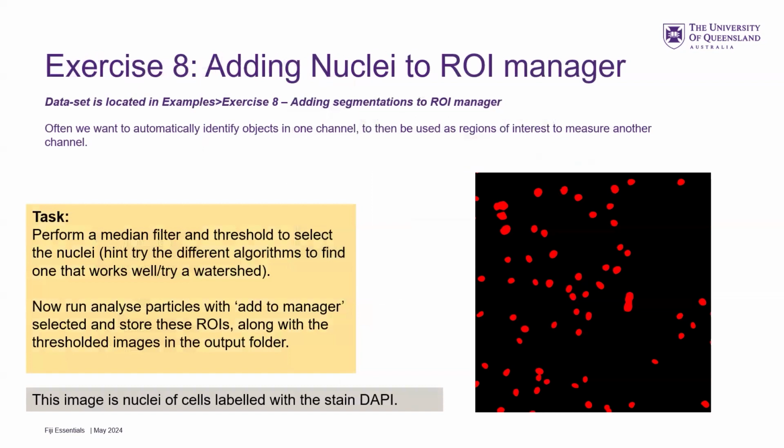So we've got nuclei, and this is, I think, the last one of the day. Basically, repeat that workflow with the nuclei image and see if we can measure the intensity of the nuclei. But in reality, you'd probably have some marker that translocated to the nucleus, and you would measure those ROIs that you generate and see which cells were there or something. But hopefully it makes sense, and